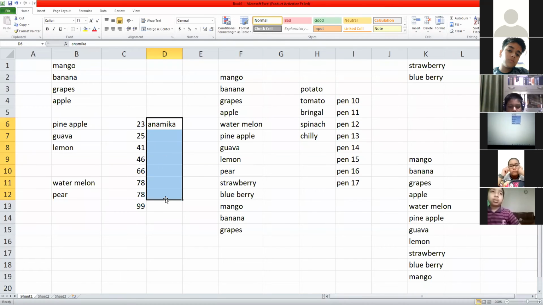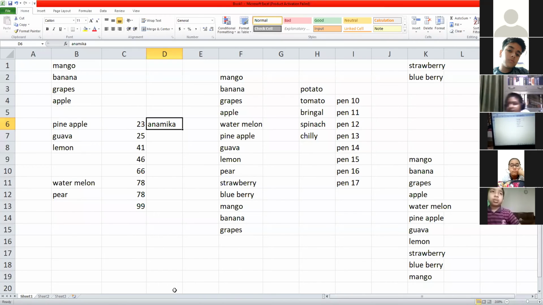Getting? Don't select it from this side. If it is not happening for you, as you have selected mango, click on that particular cell and press Shift on your keyboard, then leave the mouse button.